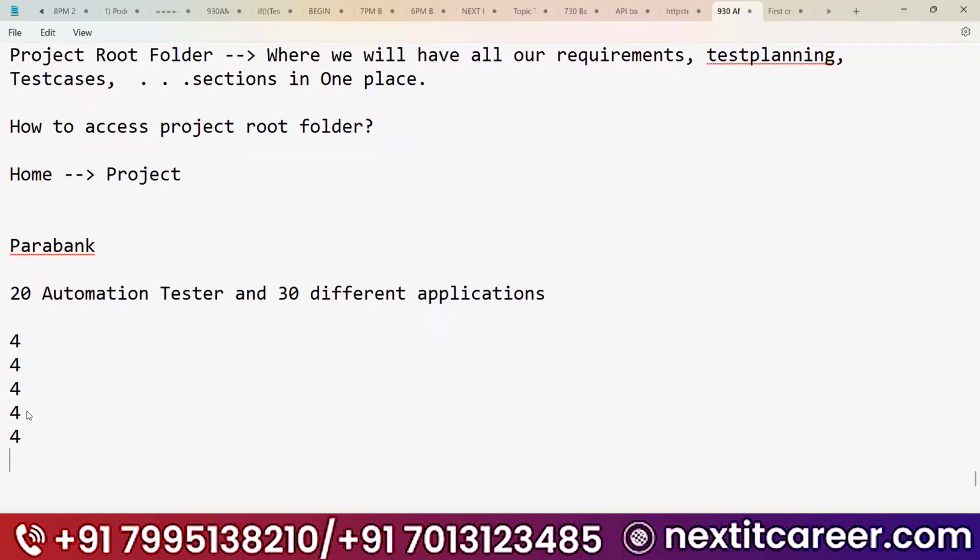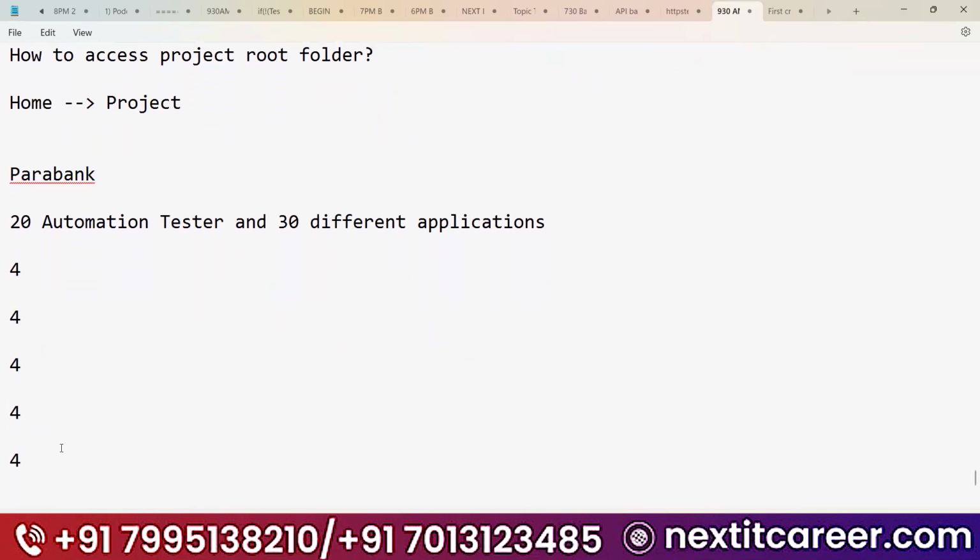So I will divide 4 members into one team, and I will give a couple of applications to each team. For example, this is team 1. Observe this one now, very, very important. Then team 2, team 3, team 4, and team 5.